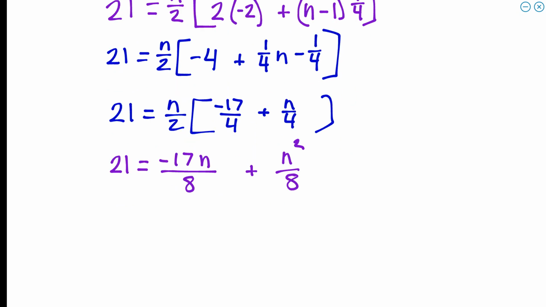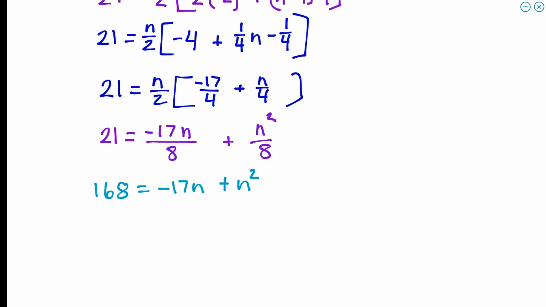So we're going to multiply both sides by 8 so we can get rid of that fraction here. And that's actually going to give us 168 equals negative 17n plus n squared,